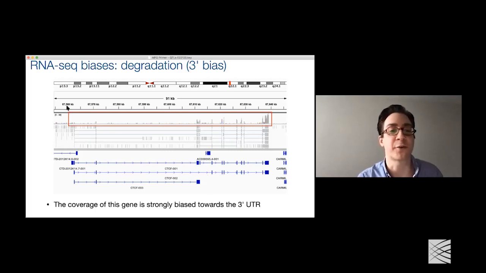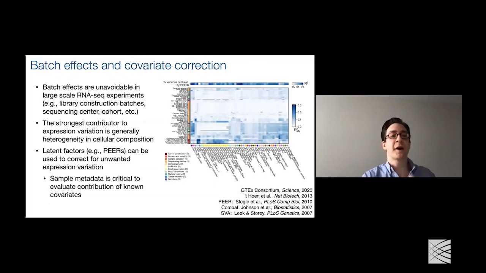And that too is important to correct for, especially if there's variability of these effects across samples. We want to make sure we normalize this out. Listing these potential effects individually and trying to correct for them explicitly is really challenging. One, because for a large scale study, there can be many of them, and there's absolutely no certainty that we're capturing or aware of all of them. And so there are frameworks to do this automatically, in a sense, and try to identify latent factors that best capture